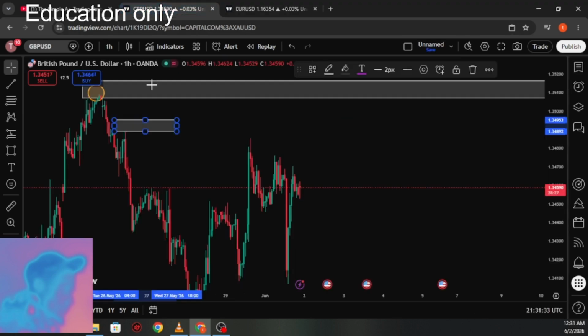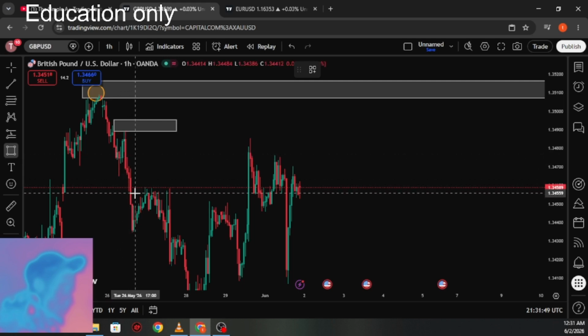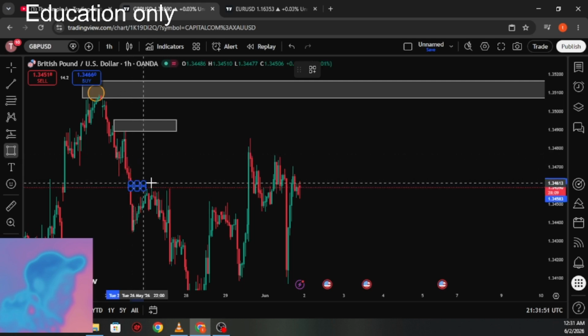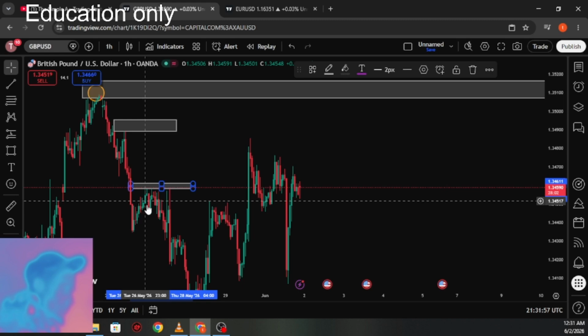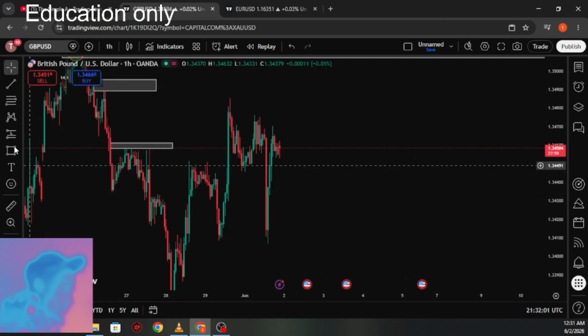Okay, high probability. So this is GBP card. As you can see there. So this is one high probability zone. Okay, we wait for the market to come. Okay, remember we have to wait for the break and the mitigation. That's where the setup happens. Okay, remember we are looking for shorts. So here we go,